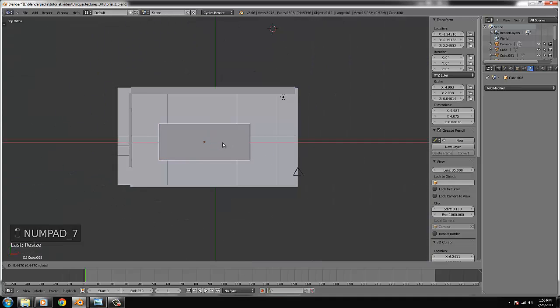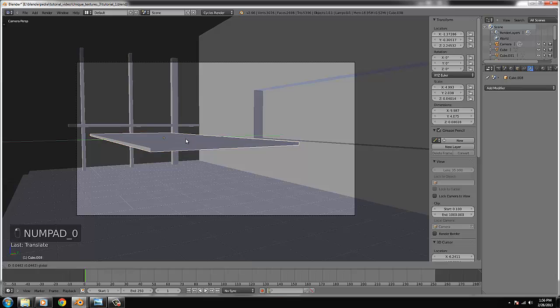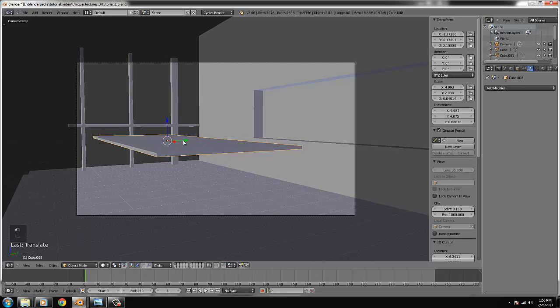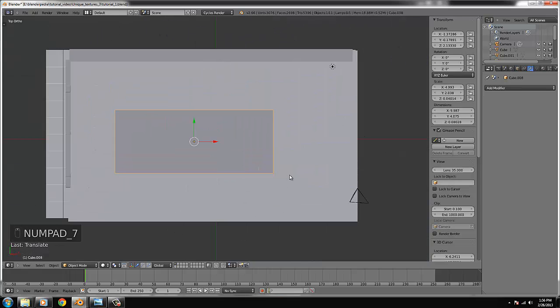Still a very big desk, so yeah, maybe a bit more there. All right, maybe a bit smaller. Okay,